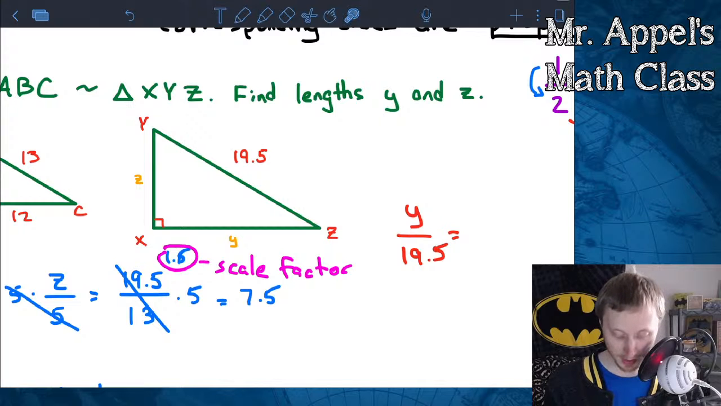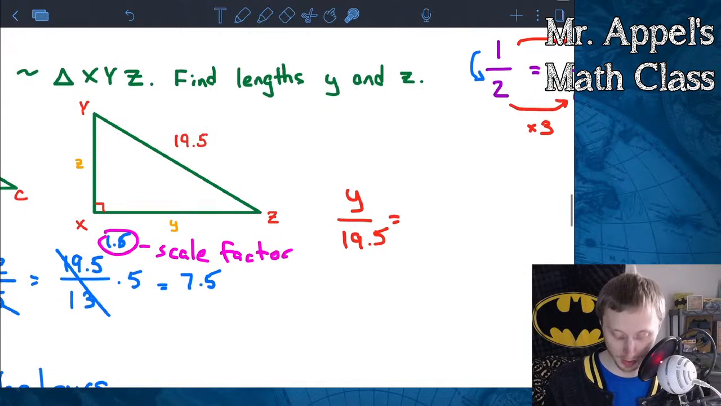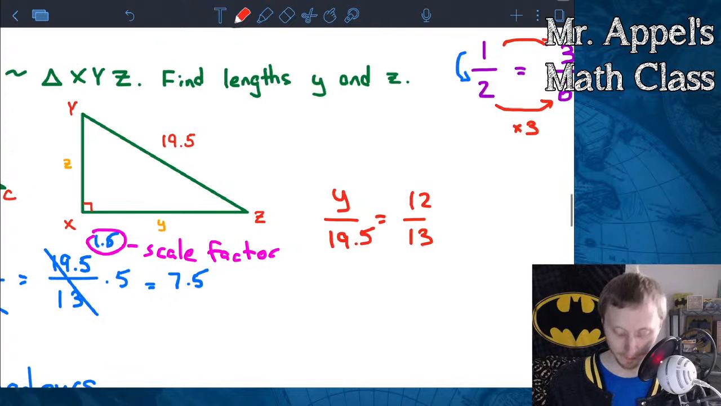And in that case, I did the middle length over the long side. So for the small one, I need to do middle length over the large side. So make sure you put them in the same order. And once again, I've got